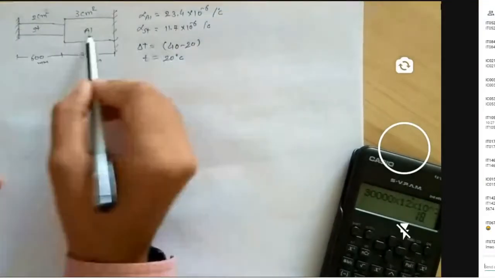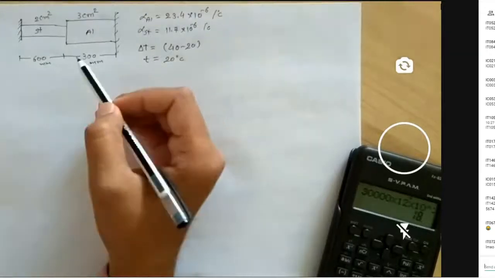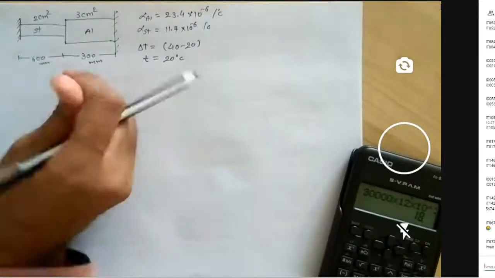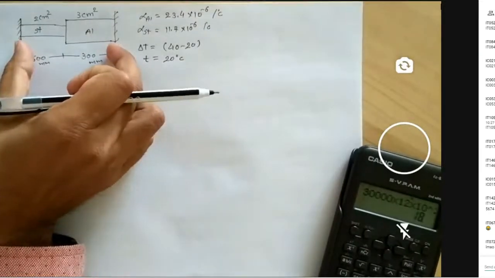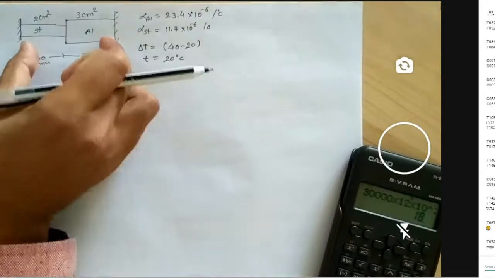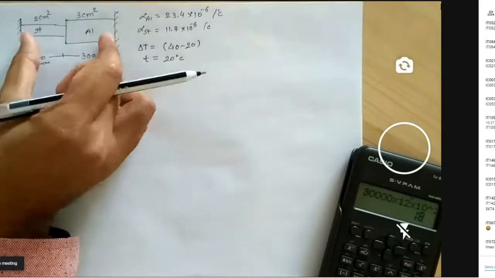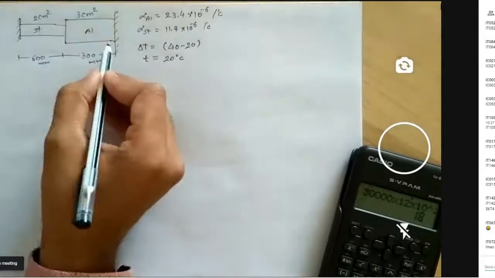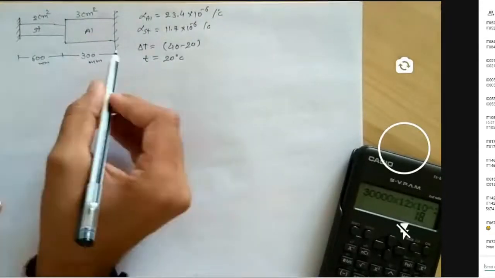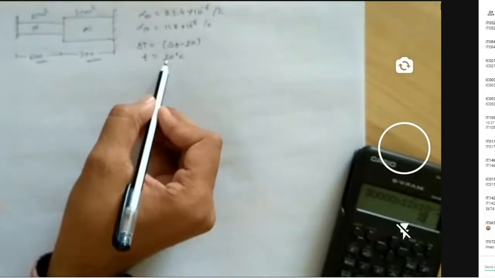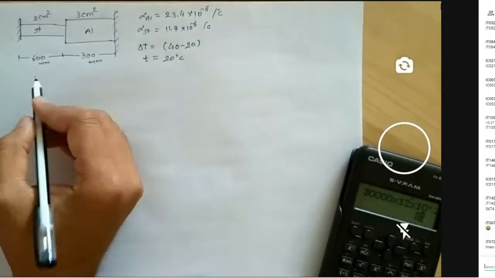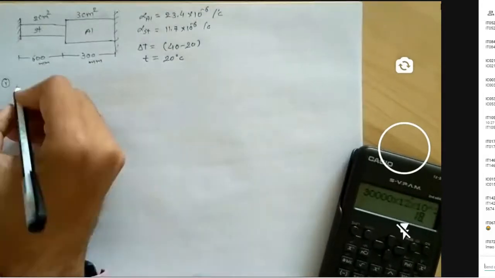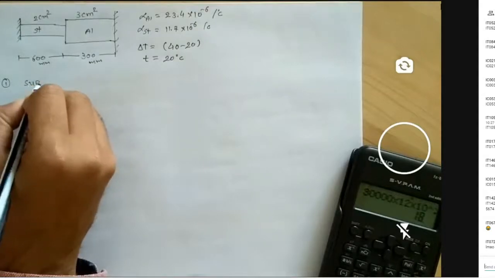In our case, that is decrease. Okay. So first case, supports are not yielding, meaning they remain in their positions, but due to the temperature decrease, this element will contract and try to decrease its length. But the support cannot allow this, and according to this contraction, under the 20 degrees Celsius, stress is generated. So the first condition is considered: supports